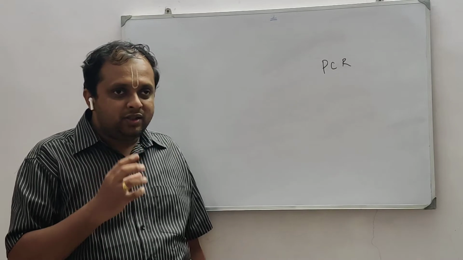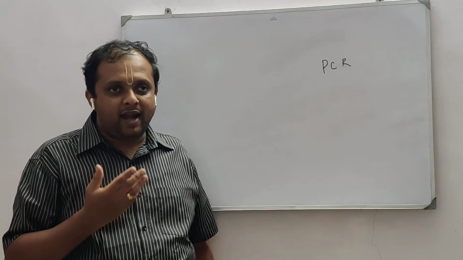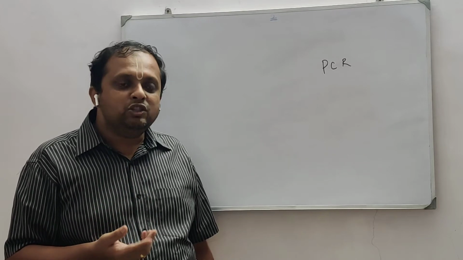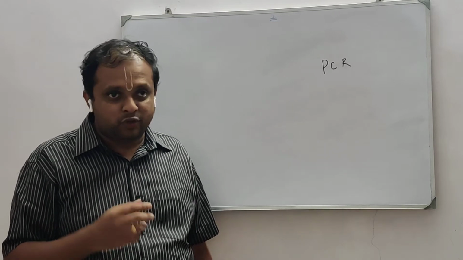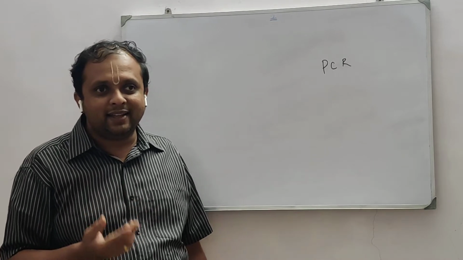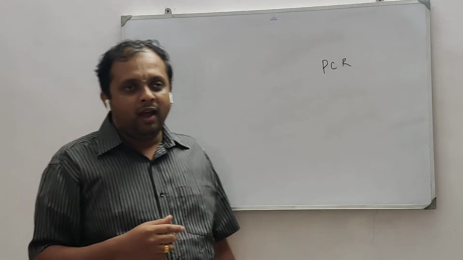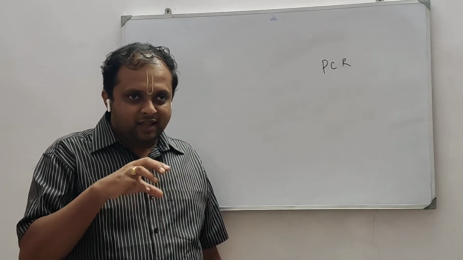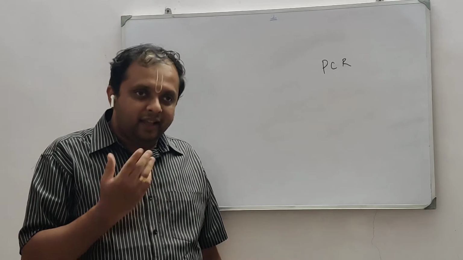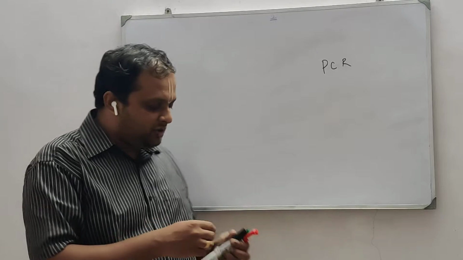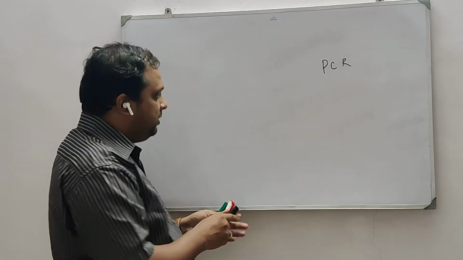So to get an insulin hormone, what I need in my hand is the insulin gene. There is no way that I am going to get the human insulin gene directly from the cell. Rather, I have to look for the cell from which I can get the DNA, and from the DNA, because DNA has various genes.